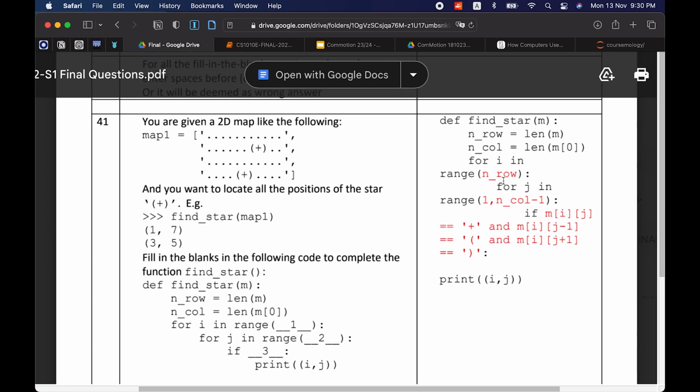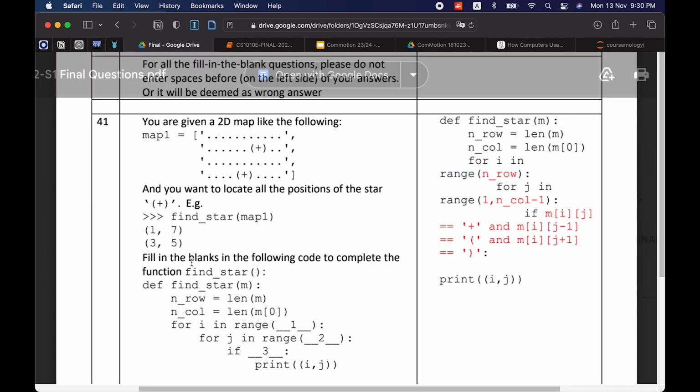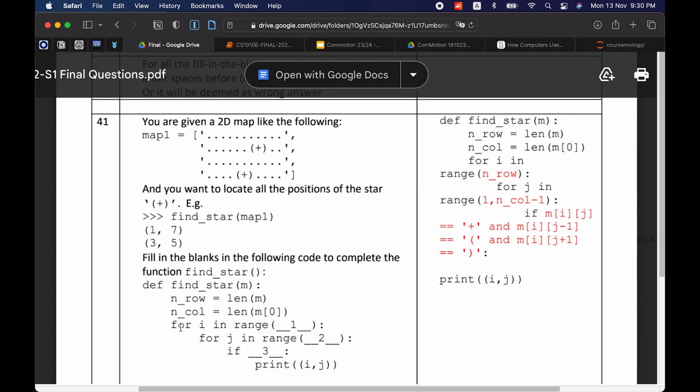Okay, I'm just going to give reasons. So this one is quite obvious. The first one, you're iterating over all the rows, because you need to do that.